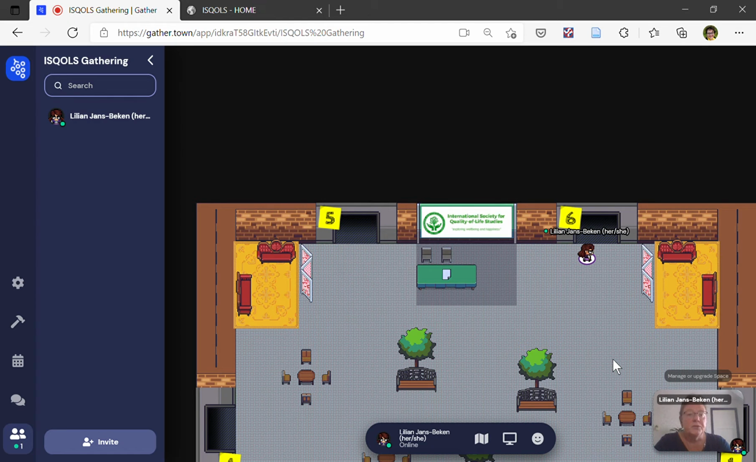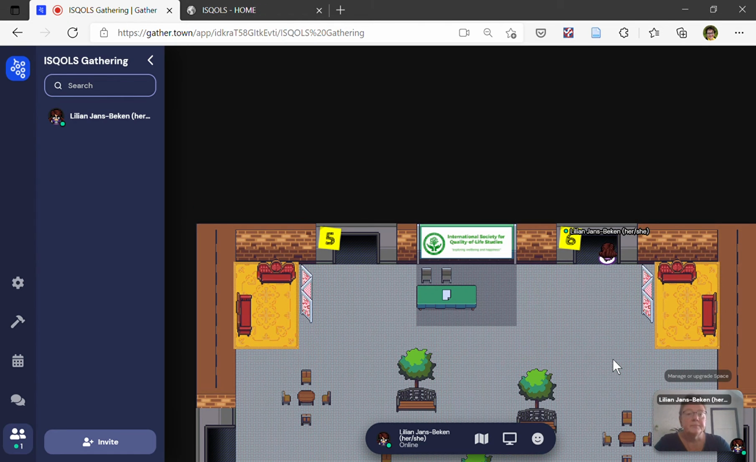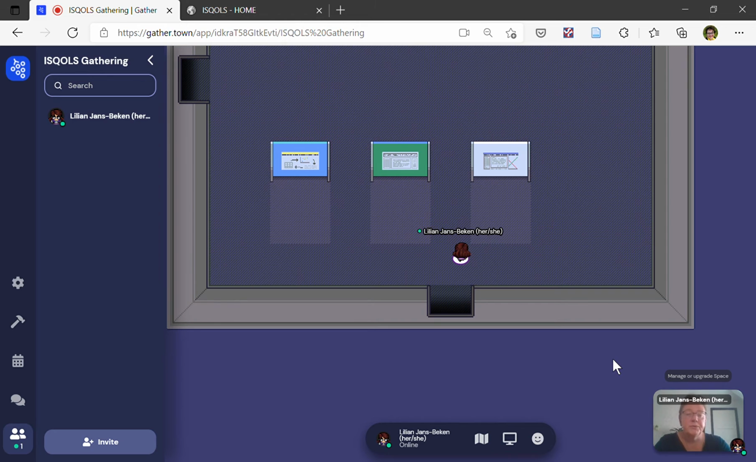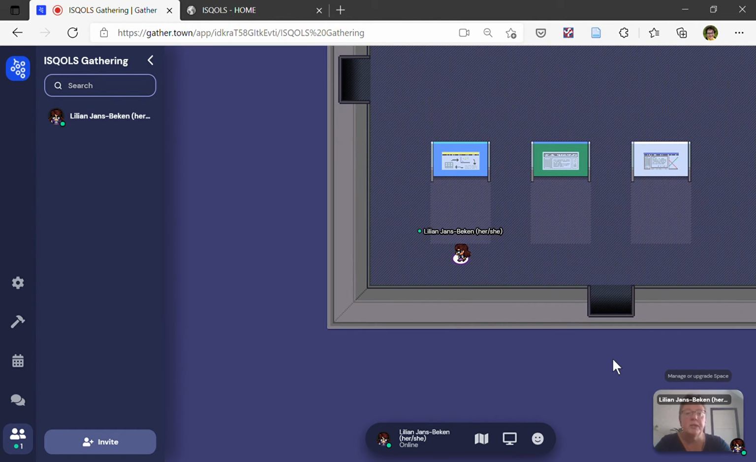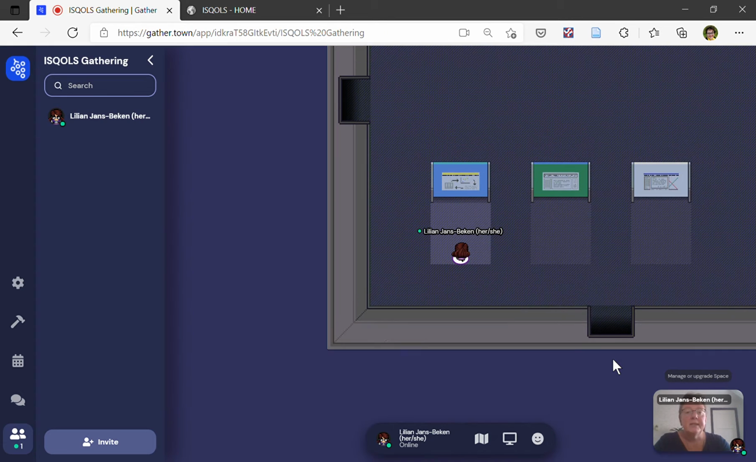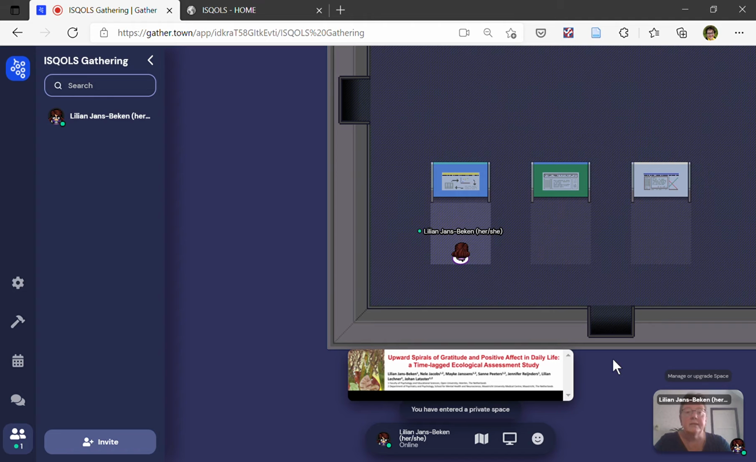Let us go into room 6, because that's something we will do during the conference also. That's our poster room. We can have our posters up and presented. We will put them up here also. So when I step onto a private space just in front of a poster, the title of the poster and the authors of the poster will appear on my screen. And again, when I press X to interact,